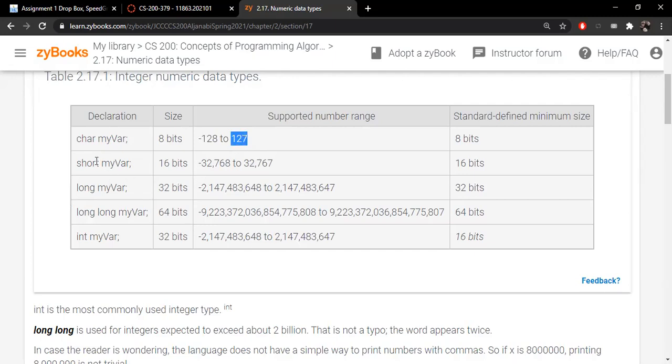Okay, now a short is half the size of an integer itself. So this is an integer and this is a short integer. And you can see here is 16 bits, here's 32 bits. This is the range of the values in short. So it can go from -32,000 to +32,000. Now here is the big